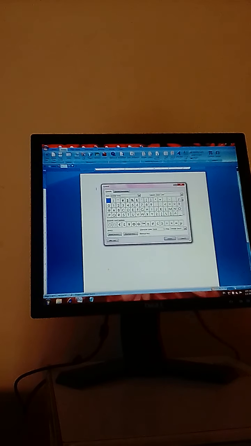So dear students, sometimes you can insert a Haitian symbol. The symbol that you want to insert in your document, you will have to select or click on this symbol and go to Insert. Your symbol will be inserted in your document. For example, you want to insert the percentage symbol in your document, you will have to click here on the percentage symbol and click on Insert. Your symbol will be inserted in your document.